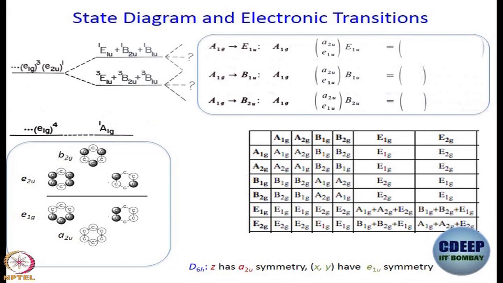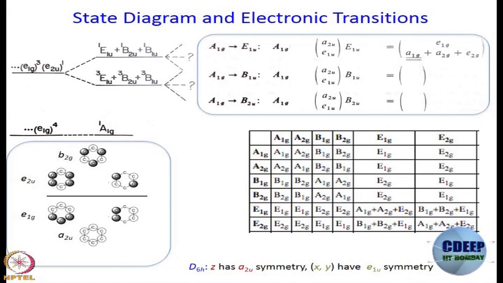And then to convince us a little further, let us take help of this product table and let us see what the direct products are. A2u cross E1u, A2 cross E1, what is it? E1, E1g, because you are doing u cross u. E1u cross E1u, what is it? E1 cross E1 will give me A1 plus A2 plus E2. Should it be g or u? I am doing E1u cross E1u, g, right. So, it will be A1g plus A2g plus E2g, and this A1g is what makes it allowed.